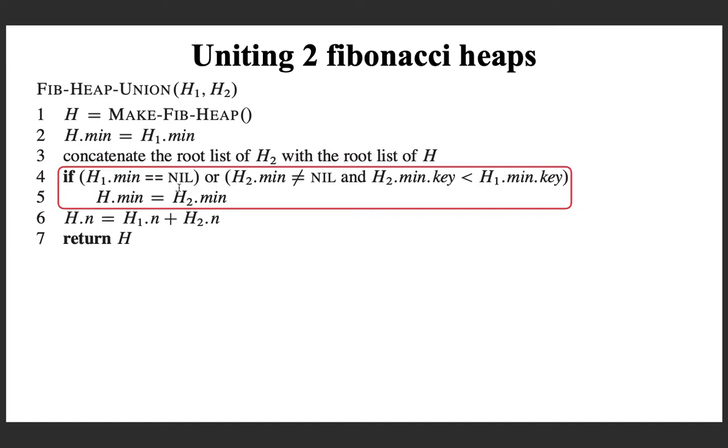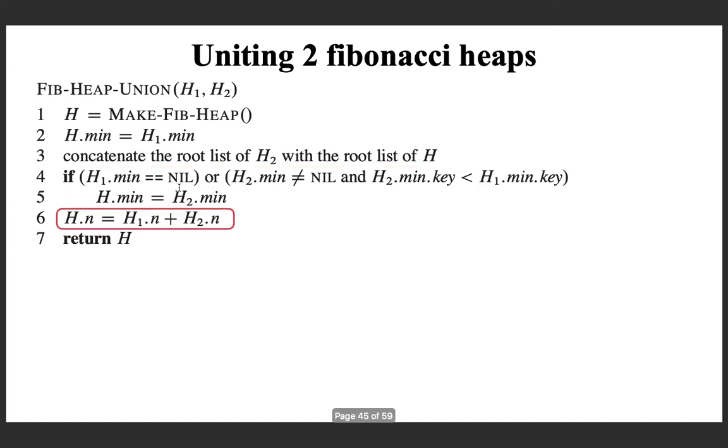Now you are done, and see how easily you merged. Unlike in the case of the binomial heap where you had to do more operations than this, here you just conjoin the circular doubly linked lists representing the root lists in h1 and h2, and after that you just find where the min should point to. It should either point to the min field of the first list or the second list. So whichever is required, you do that.